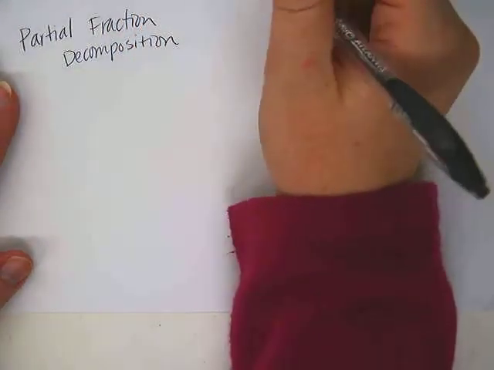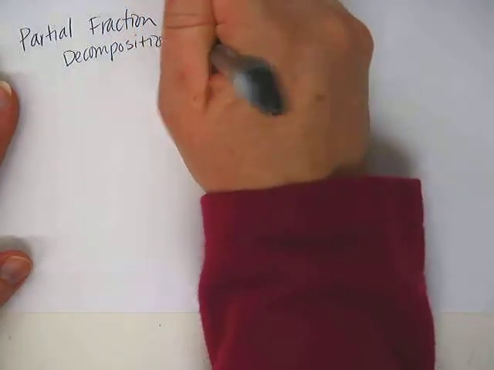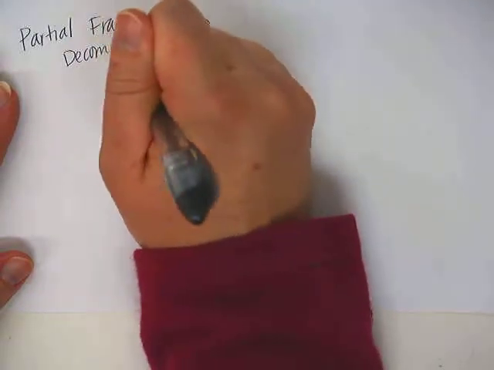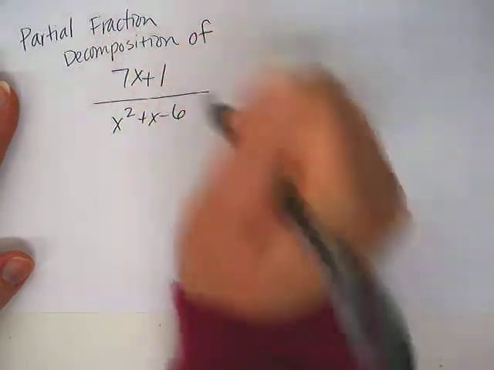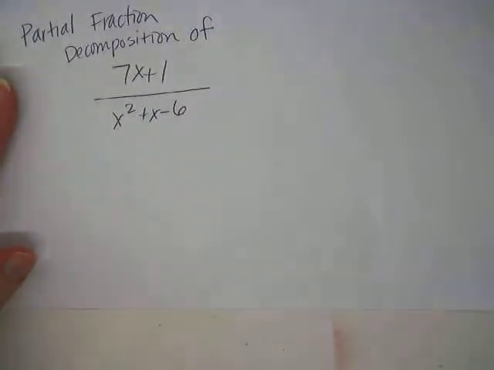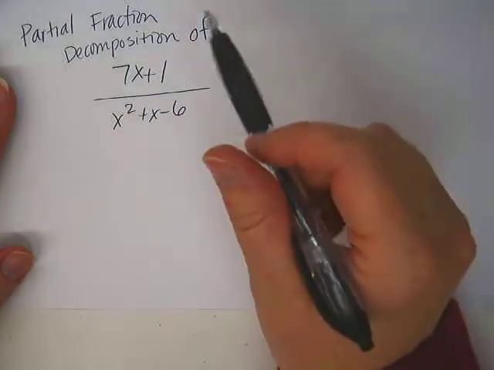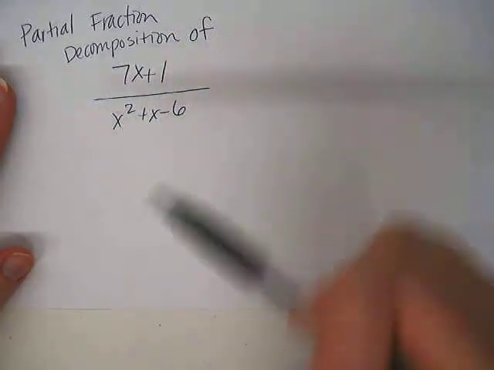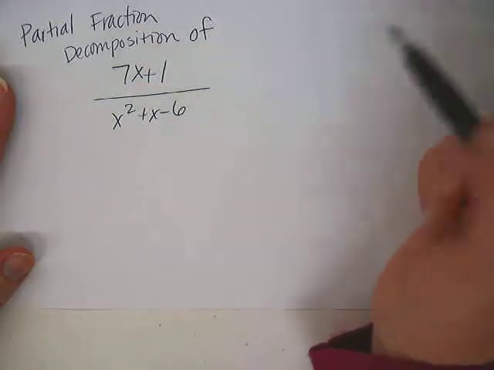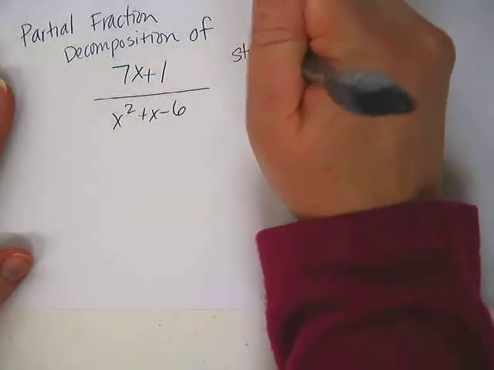That's too long of a phrase. Of 7x plus 1 over x squared plus x minus 6. Does that look familiar somehow? Okay, pretend it doesn't. Pretend this does not look familiar, that you do not know the fractions that add together to get this. Okay? All right, step 1,